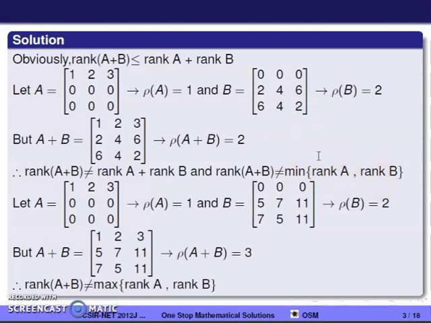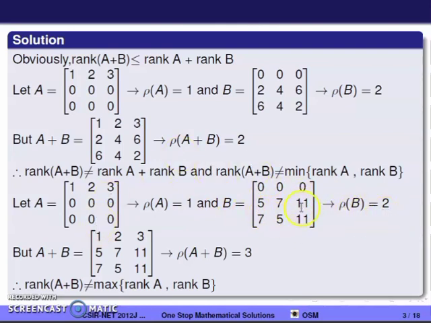And here I have got rank of A plus B is equal to maximum of rank of A, rank of B. So we have to check with another example whether the maximum is correct for every matrix. That's why I have taken another example here. A I am taking as 1, 2, 3 and last two rows as 0. So rank of A is 1. B has first row 0 and the last two rows I am taking like this. So rank of B is equal to 2.